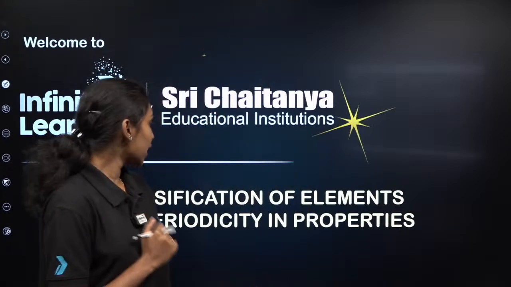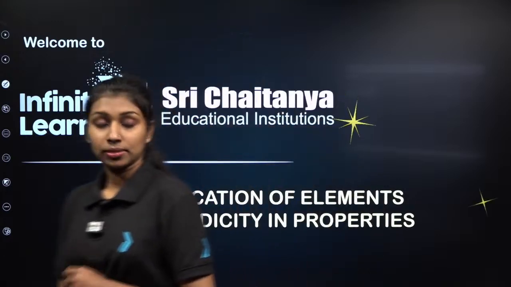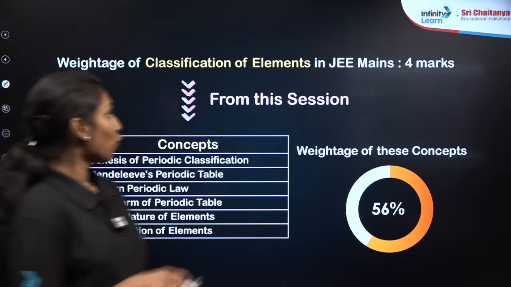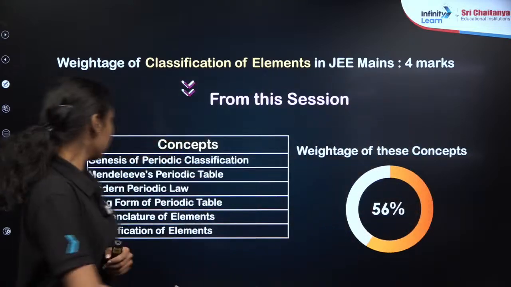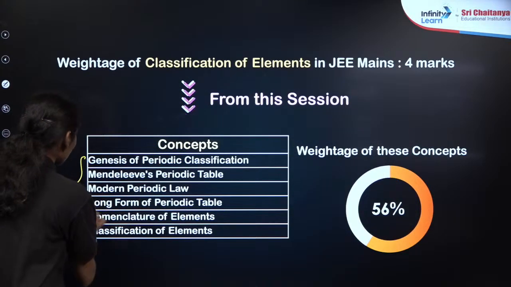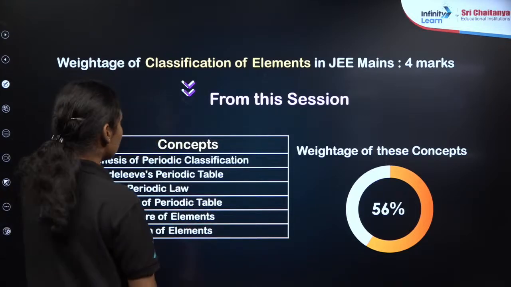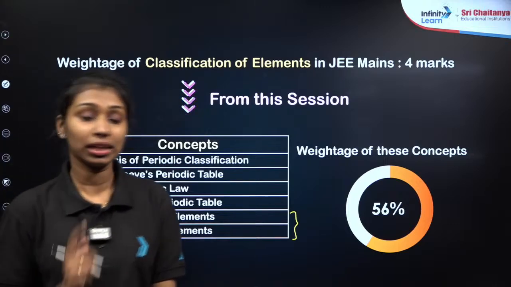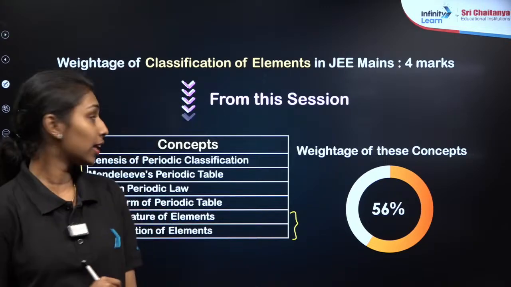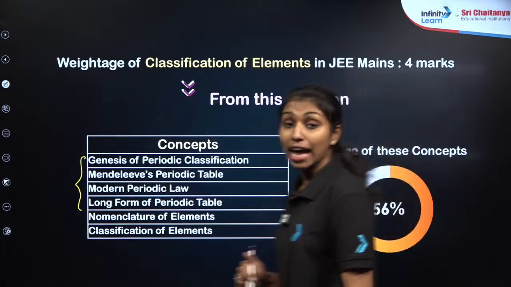In this session we are going to discuss the chapter Classification of Elements and Periodicity in Properties, the second part. This is the major point we covered in the last class, from the genesis of periodic classification to the long form of the periodic table, already covered in our first session. In this session, we are going to discuss two topics: nomenclature of elements and classification of elements. Without wasting any time, we can directly move to the topic, the IUPAC nomenclature of elements,